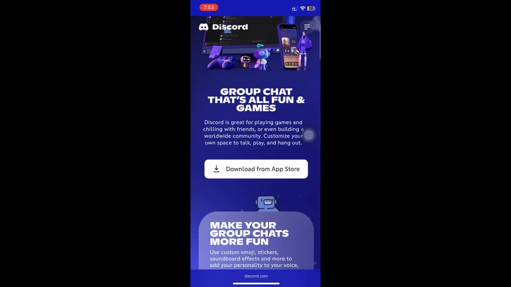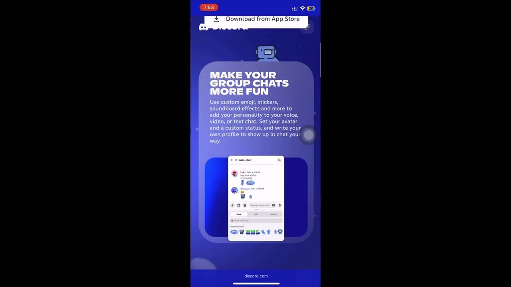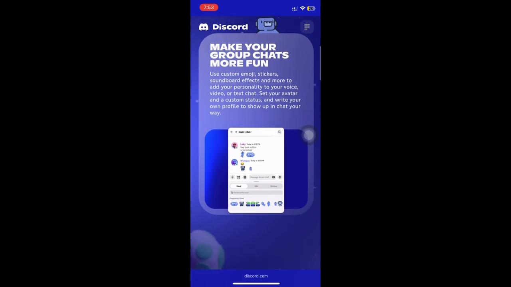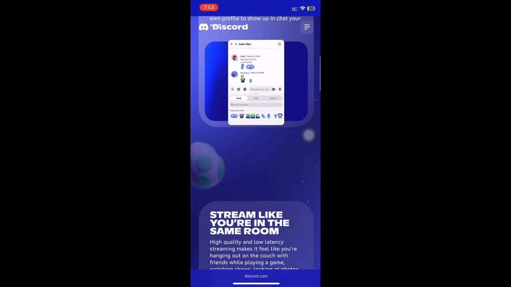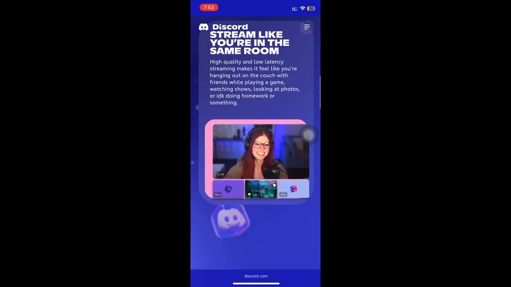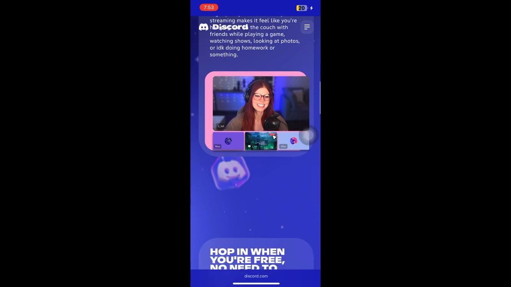After that, open Discord in the browser and log into your account. And once you are logged in, choose the server where you want to add the sound. Tap the arrow beside the server name, then open server settings and look for the soundboard section, then tap the